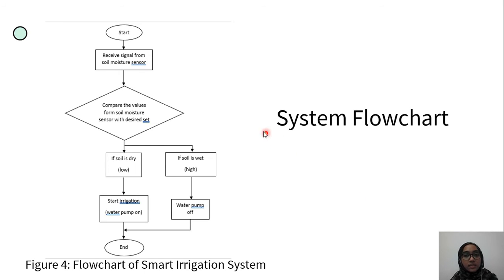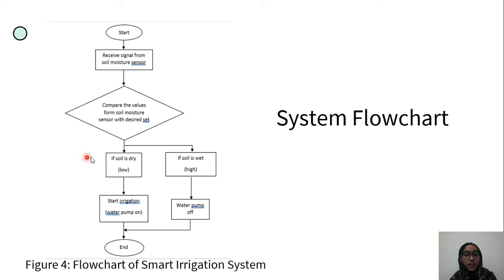Okay, this is the system flowchart. The system will start and Arduino Uno receives a signal from the soil moisture sensor. It compares the values from the soil moisture sensor with the desired set value, and then it will continue. The first condition is